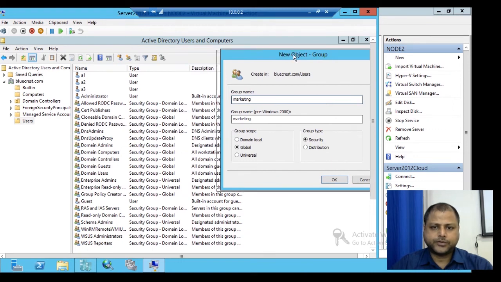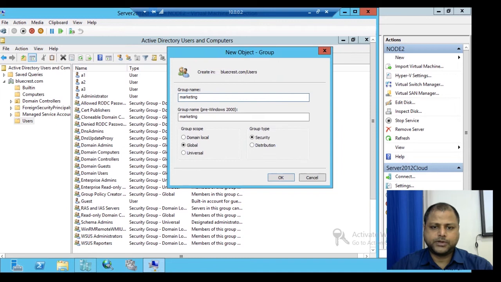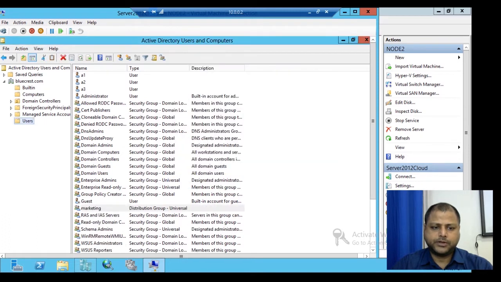So we'll create one distribution group over here. There are three types of group scopes available: domain local, global and universal. So we'll create the Marketing distribution group with universal group scope and click OK. So we have created one group over here.